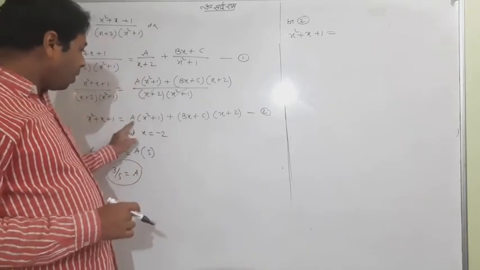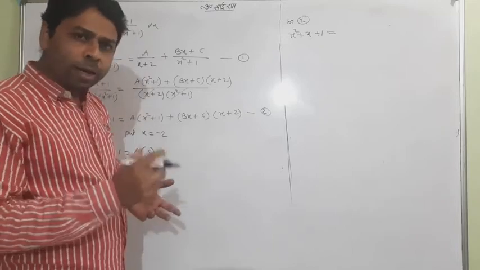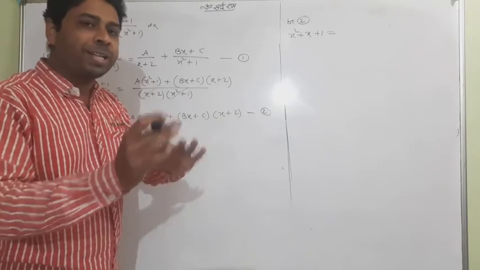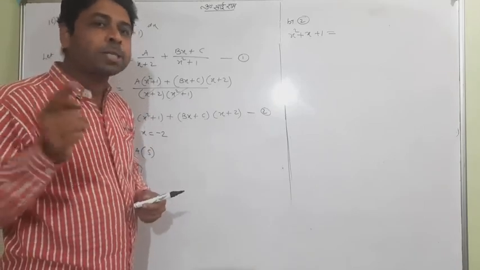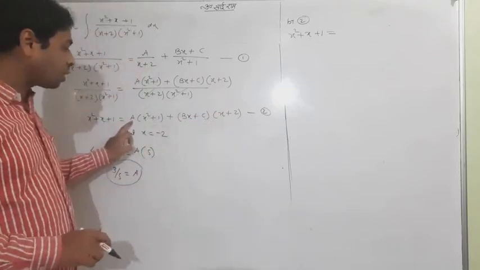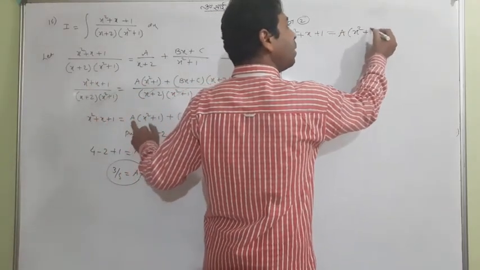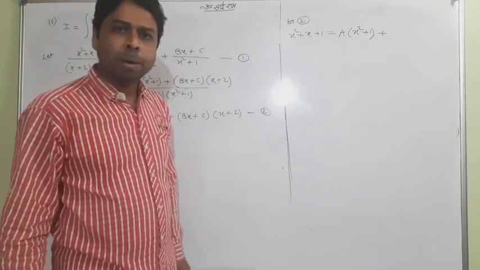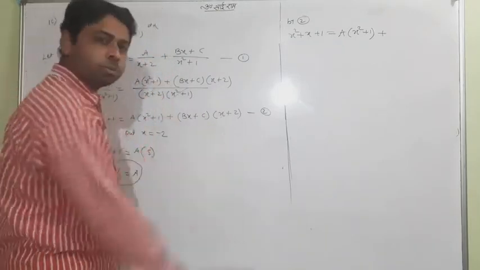Okay, we will not multiply, but we will simply try to write the term so that comparing may be easy. So, I tell you, always keep capital A, capital B, capital C outside of the bracket and write. A is already outside. I don't want to multiply because I know that after multiplying I will get ax square plus a. By prediction you can understand. So don't multiply.